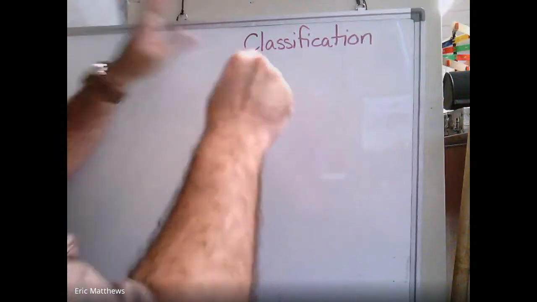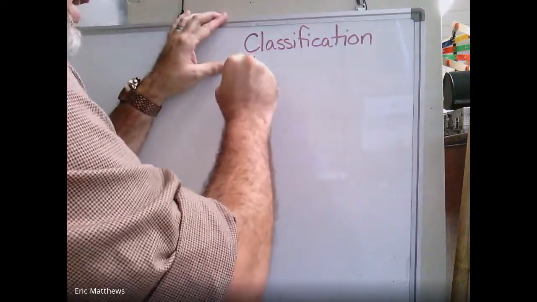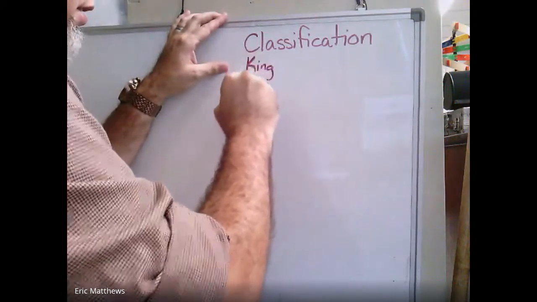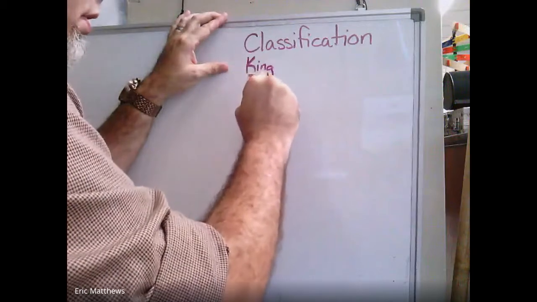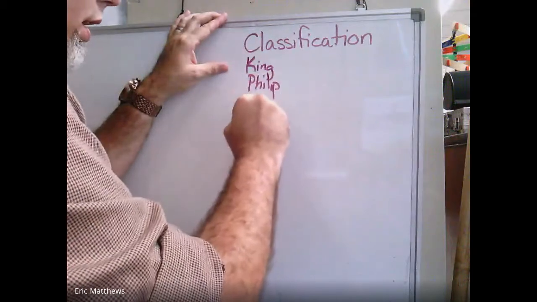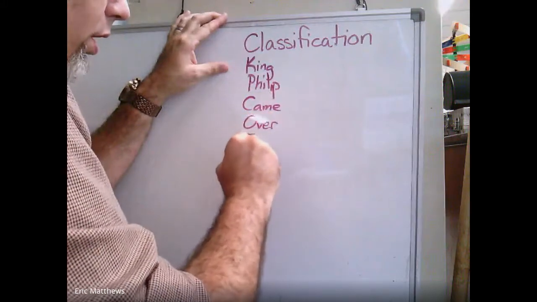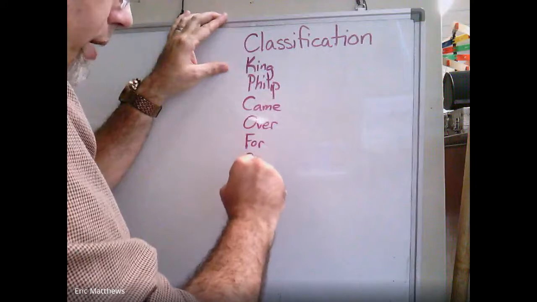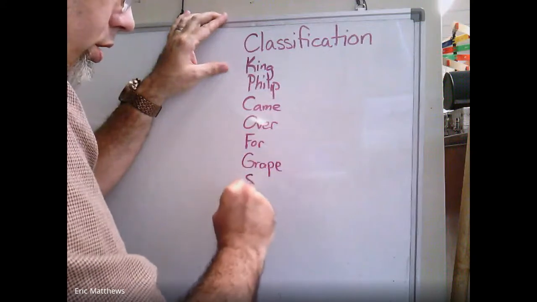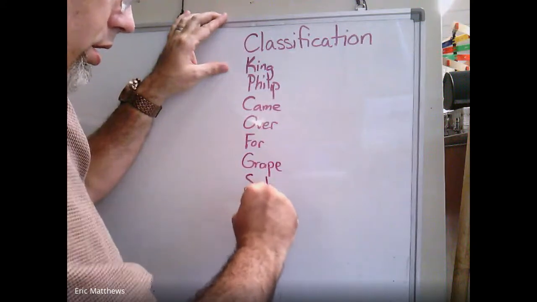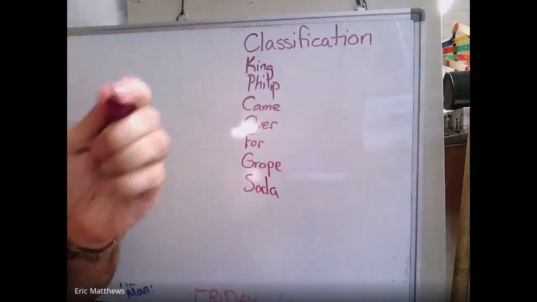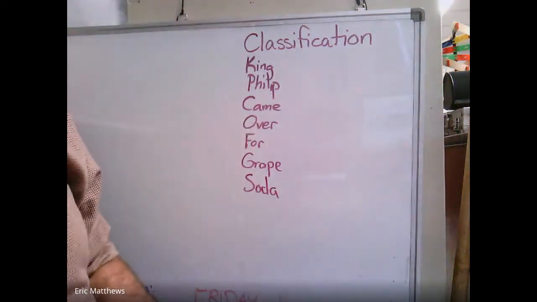So remember, I always remembered that King Philip came over for grape soda. And that keeps the letters in line. What it actually means